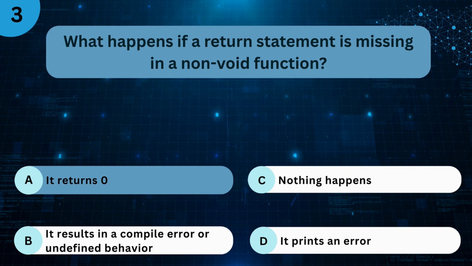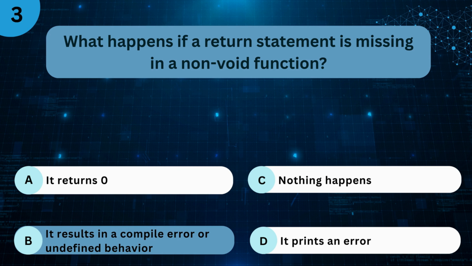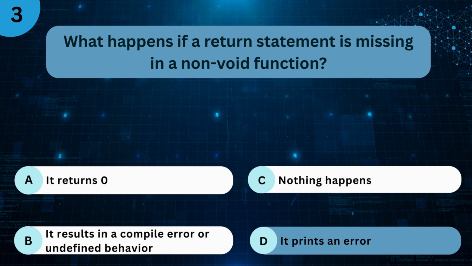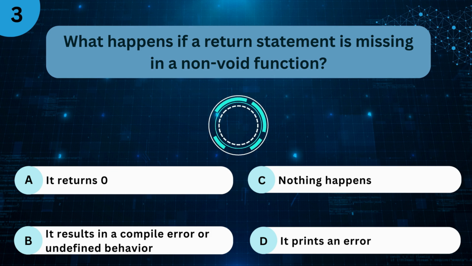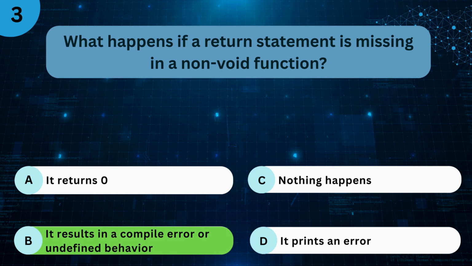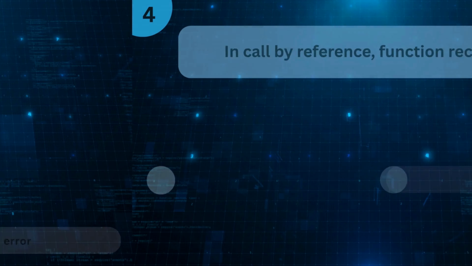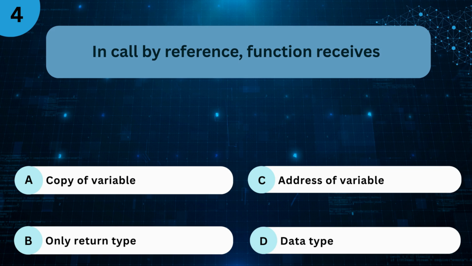A. It returns 0. B. It results in a compile error or undefined behavior. C. Nothing happens. D. It prints an error. The right answer is B. It results in a compile error or undefined behavior. In call by reference, function receives: